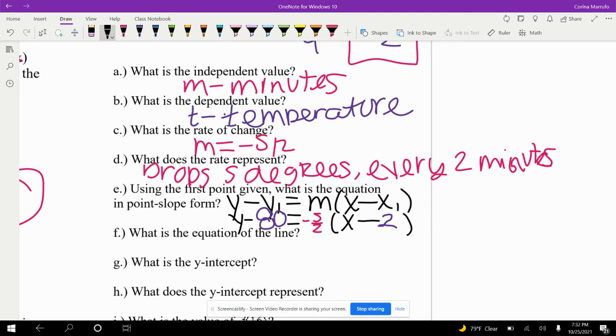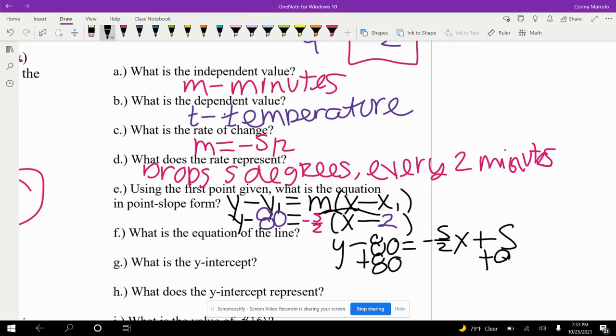Then it asks, what is the equation of the line? Well, to find the equation of the line, we do have to distribute this. And we get y minus 80 equals -5 over 2x. And then we multiply -5 times -2. That is going to give me a positive. And then 5 times 2 is 10. 10 divided by 2 is 5. Then we add the 80. And that gives me,